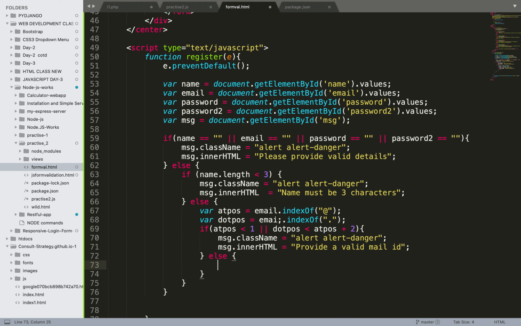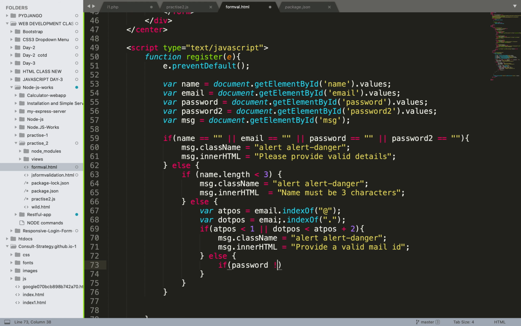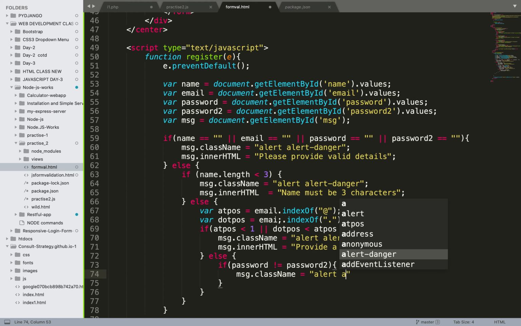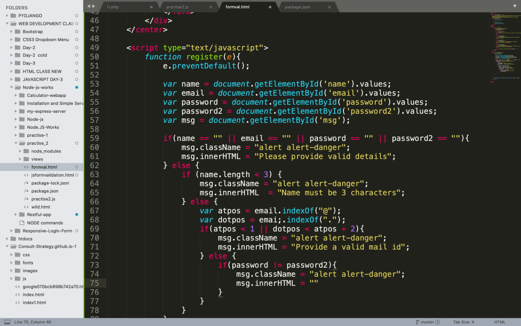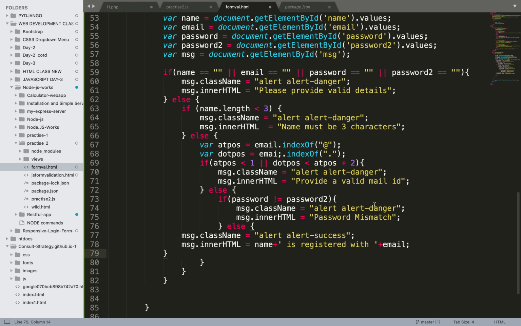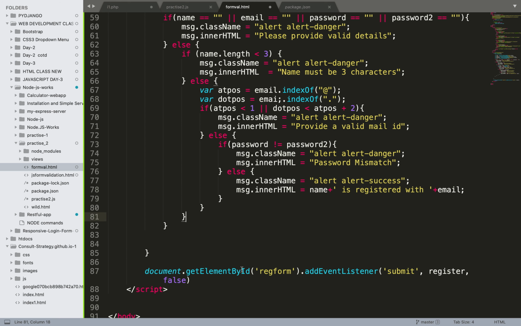Next is the password part. So this is the last part. Password which is not equal to password 2, then... so fine, we are done with the whole part.